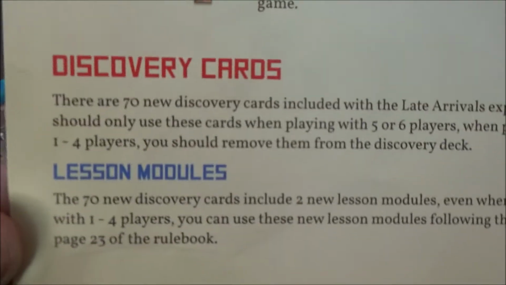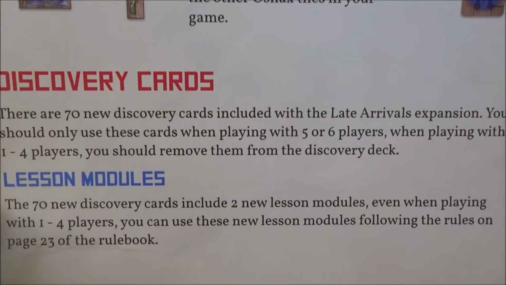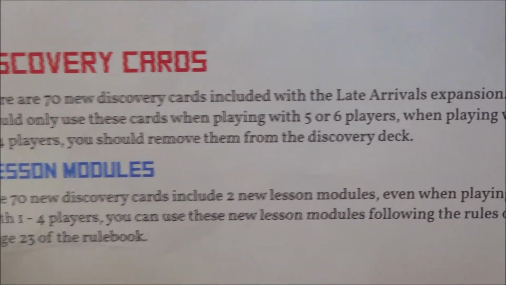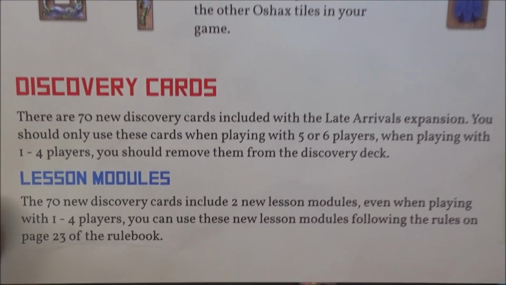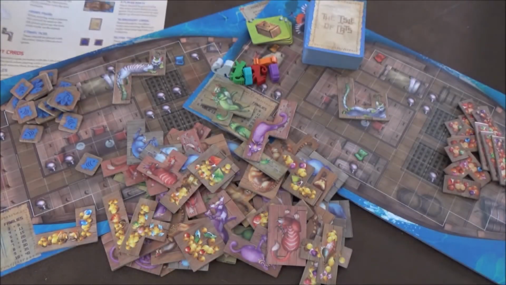Oh, there you go. They actually covered that right in the rules. There's 70 new cards that should only be used in playing 5 or 6 players. 70 new discovery cards include 2 new lesson modules, which can be left in. But yeah, so I guess we're not supposed to leave those in. So